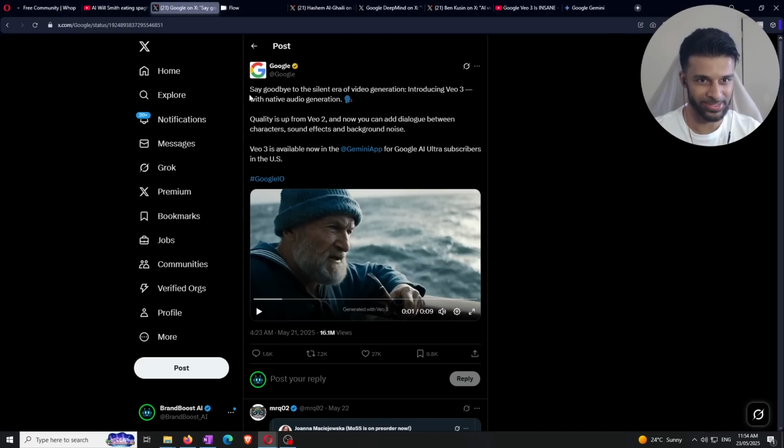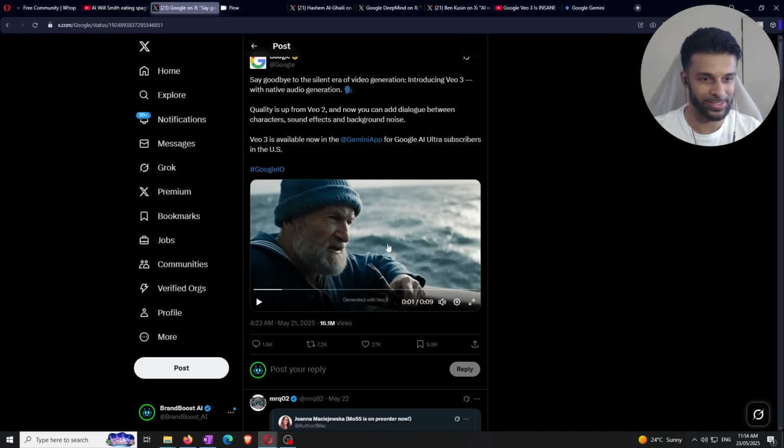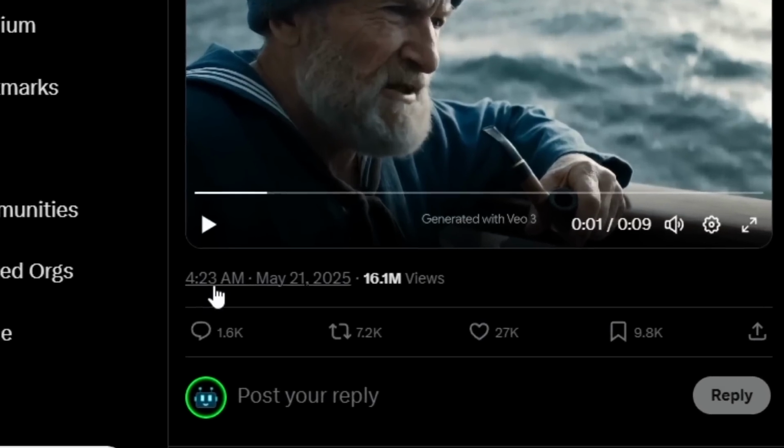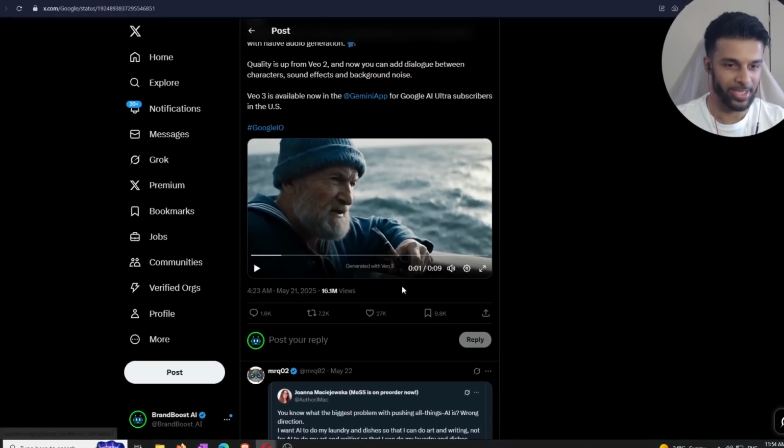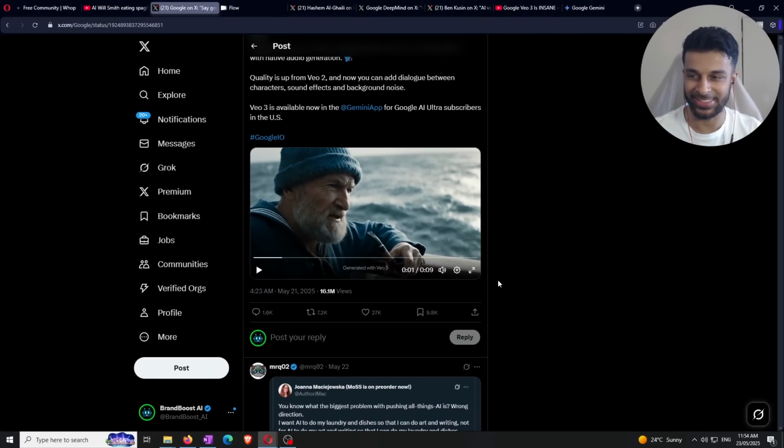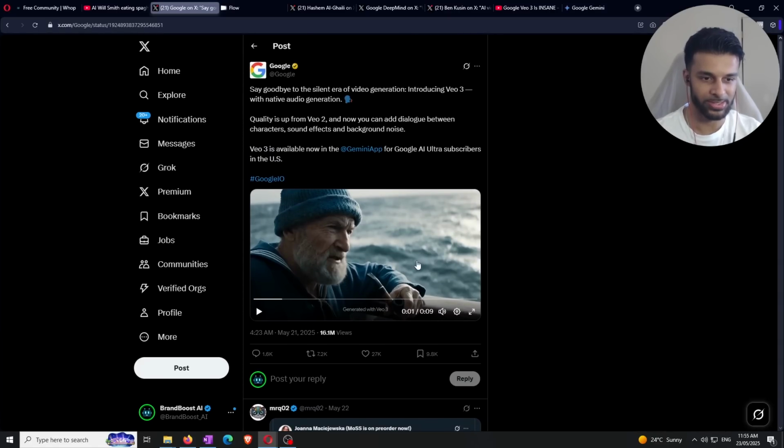You can see right here, this is the official Google tweet. It's them demonstrating, and let me see how long ago this actually came out. 423. Okay, so it literally came out 2 days ago, guys. They said this is literally the newest technology that there is available on the market. I'm sure there's going to be new versions that come out, but the reason why this one is groundbreaking, one of the main reasons, I'll get into it later on in the video, is because